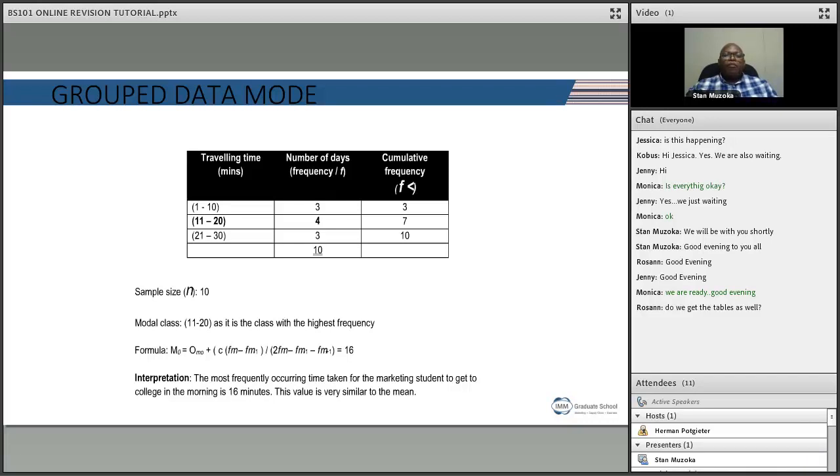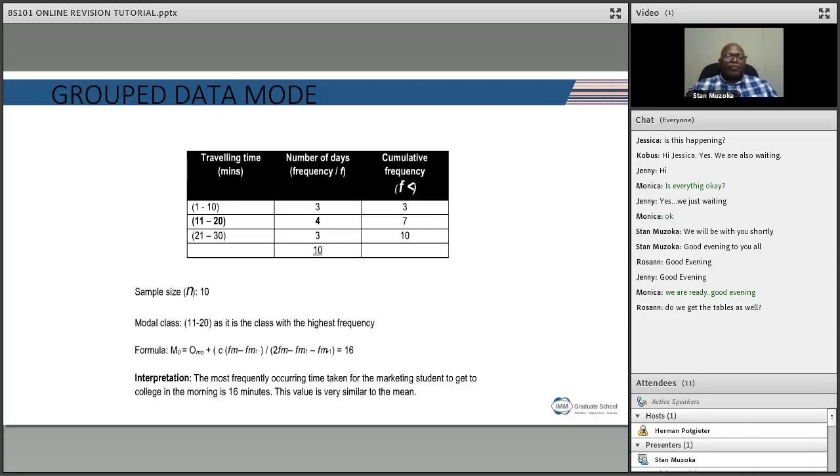For the grouped data mode, you may want to identify the modal class. The modal class is the class which has got the highest frequency, which is 11 to 20. Once you have your modal class,